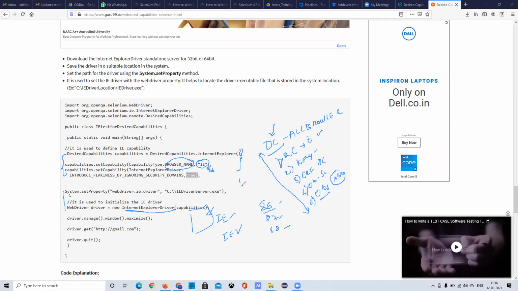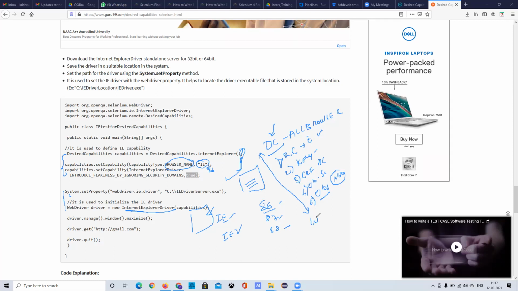But if in your application you have some security pop-ups, then at that time you might use this. Then you can immediately have the question: when should I use desired capabilities? So now we have discussed what desired capabilities is, and how to use it. These three lines talk about it. And when I should use desired capabilities, we are discussing now.